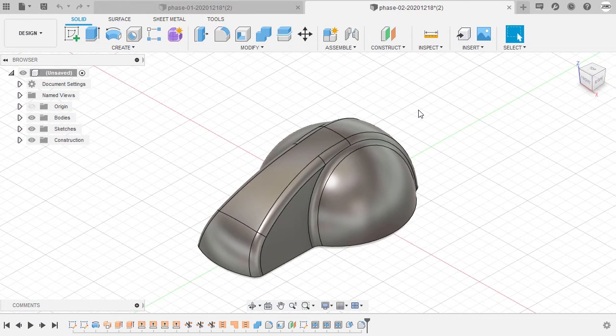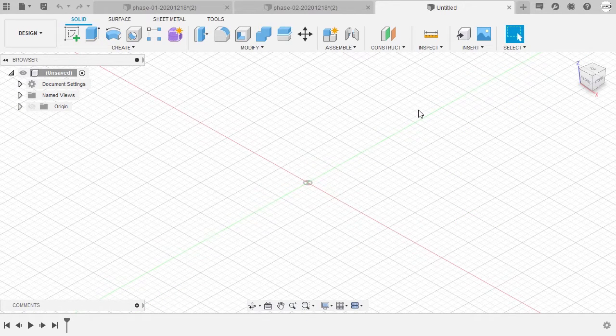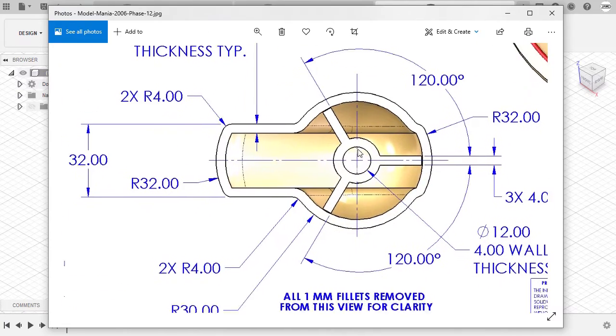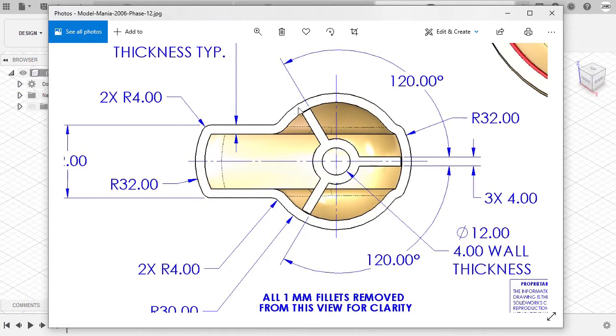I'm going to hit Control N, which is the shortcut for creating a new design. Let me grab the 2D drawing and let's inspect this view. I'm going to zoom in. Let's start out creating this profile,